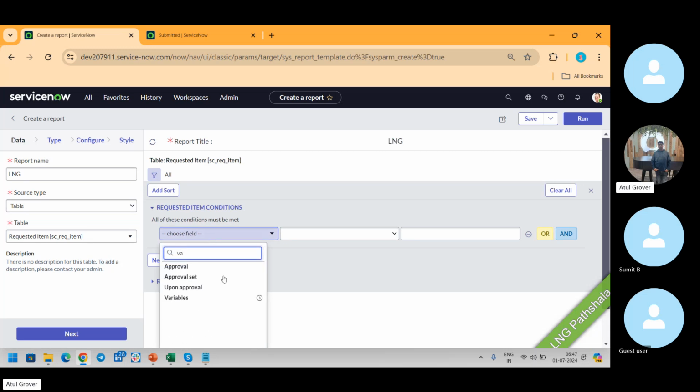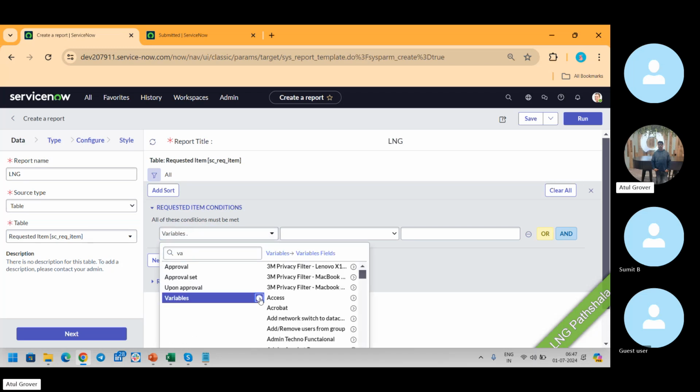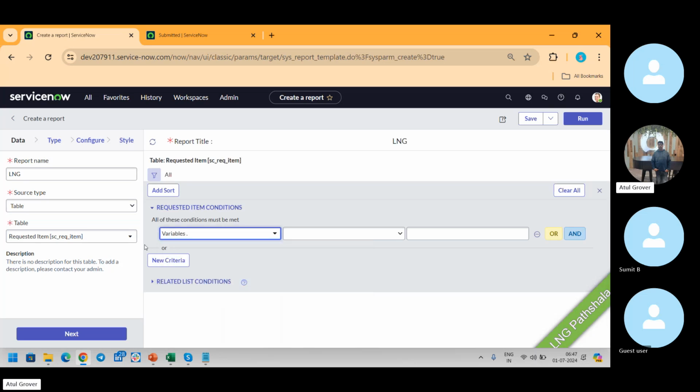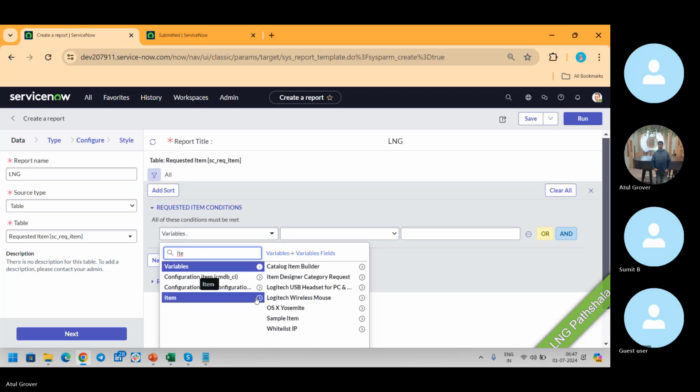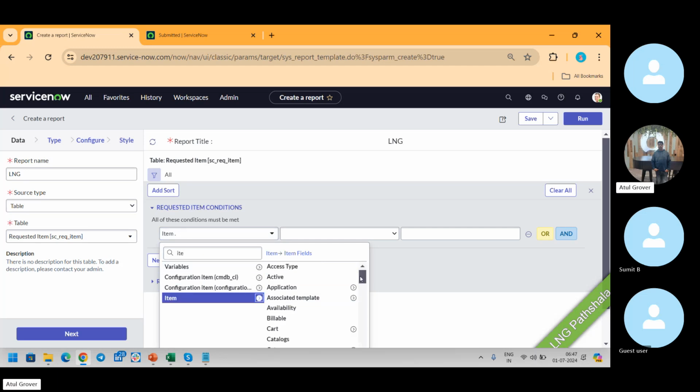Can you see variables? Yes. But variables तो बहुत सारे हैं. तो पहले we'll select the item. If I want to run this report for the specific item. Item कौन सा है मेरा? My item is,